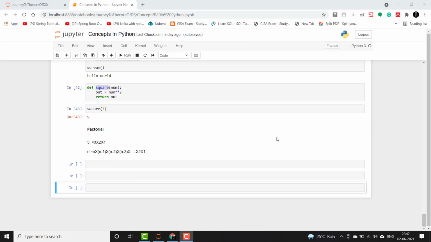Now we will see one interesting example to apply functions in a recursive manner. By recursive manner, I mean calling the same function again inside the function itself. To demonstrate that, we have to understand the concept of factorial. Factorial is a mathematical term used to denote the product of an integer and all the integers below it up to 1. As you can see on the screen, if I say 3 factorial, it means 3 into 2 into 1. So 5 factorial will mean 5 into 4 into 3 into 2 into 1. Down below I have also generalized this formula, so this will be applicable for every integer.